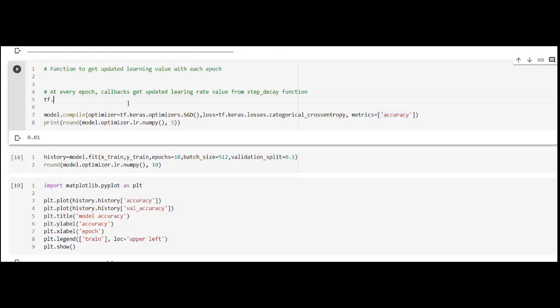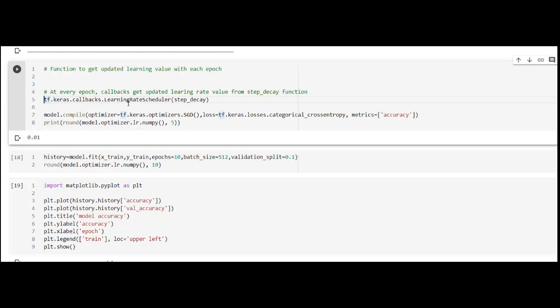So tf.keras.callbacks, and inside this we have LearningRateScheduler. Just use that learning rate scheduler callback, and this callback will call a function having the name step decay. This callback allows us to call a particular function during training of the model.